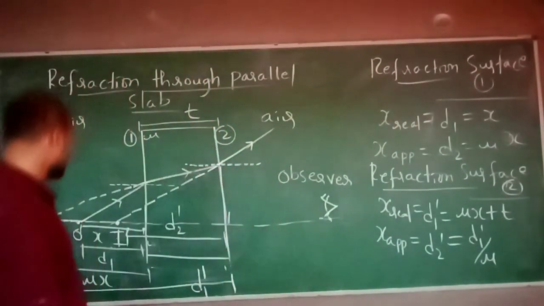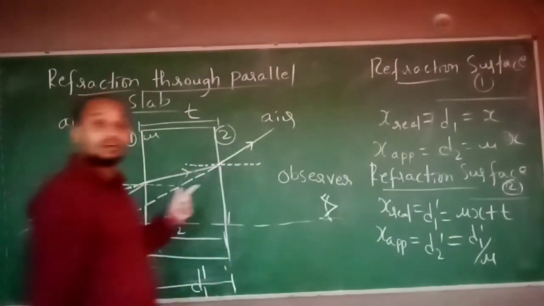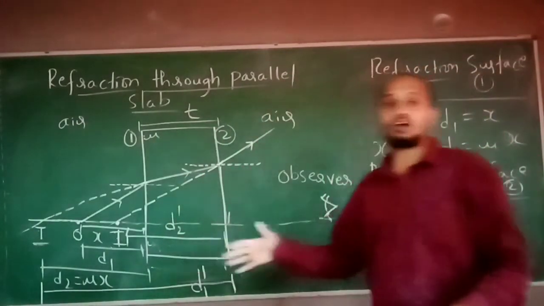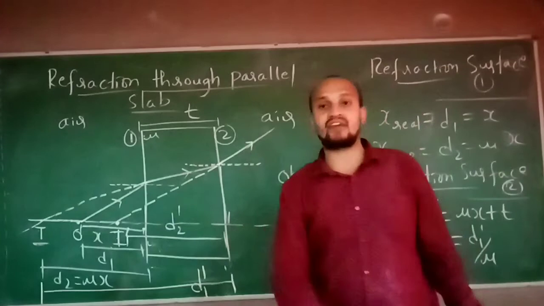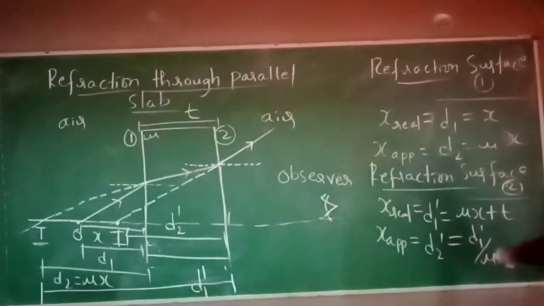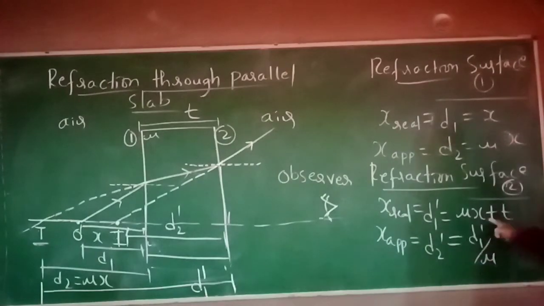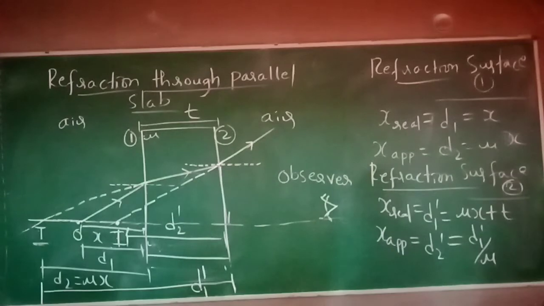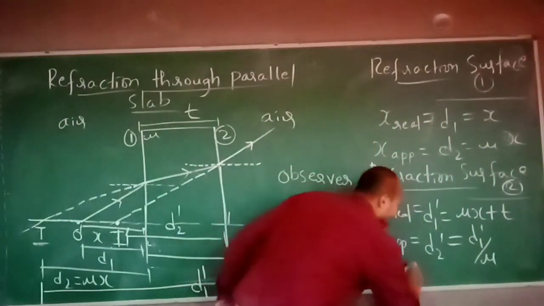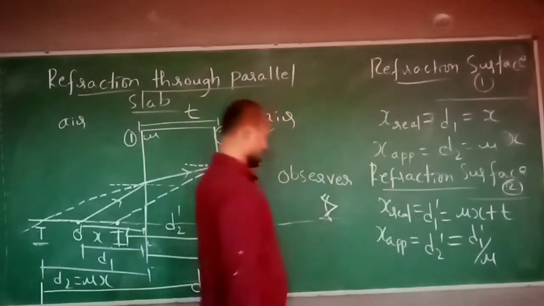Because here we are observing the object in the denser medium, the apparent depth will be less compared to the real depth. So it will become D1 dash by mu. What is D1 dash? Mu x plus t. So I can write here